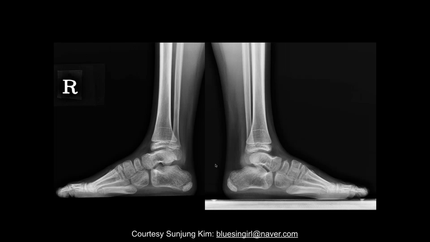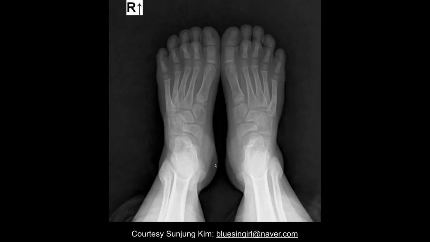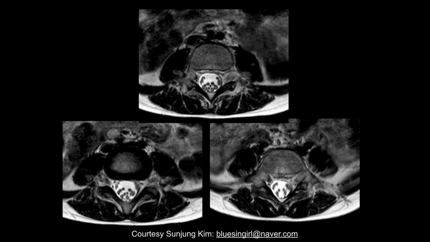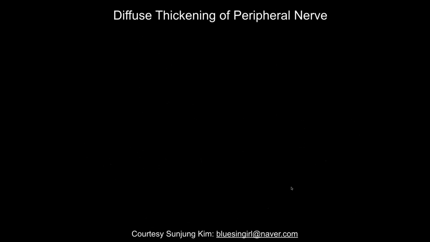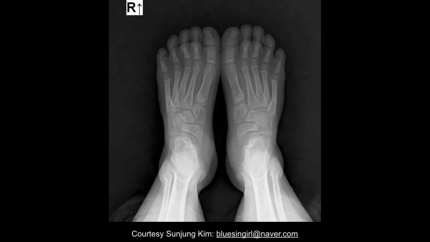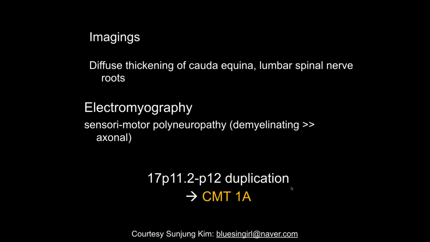I guess there's some pes planus. So if we go back here, this patient has enlargement of the nerve roots here in the cauda equina, and we can see some flat feet, and this patient has a sensory abnormality, and this was a congenital Charcot-Marie-Tooth syndrome 1A,